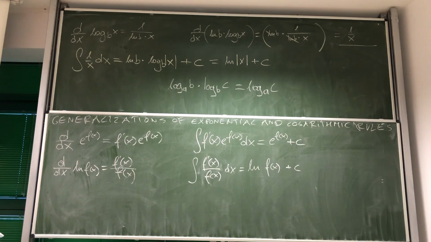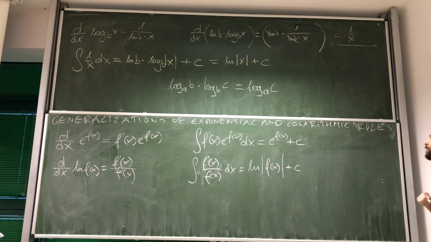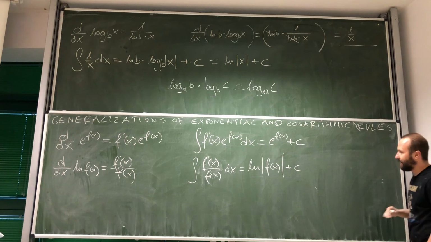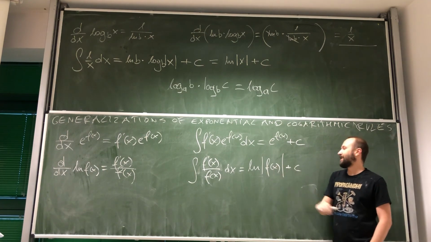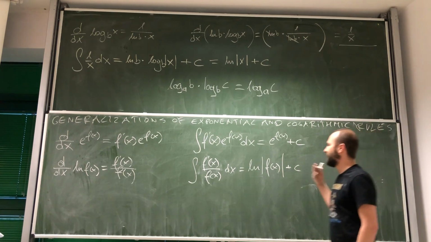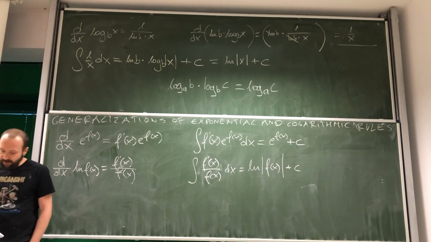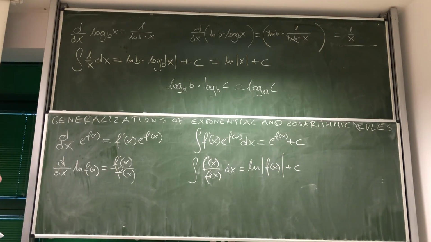But remember, in this case, just like in the previous situation, we either need to impose absolute value or explicitly assume that f of x is bigger than 0, which in various economic and financial applications is rather regular. Okay, so